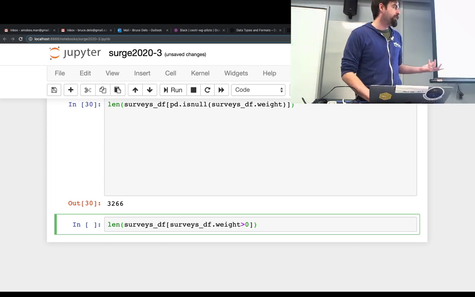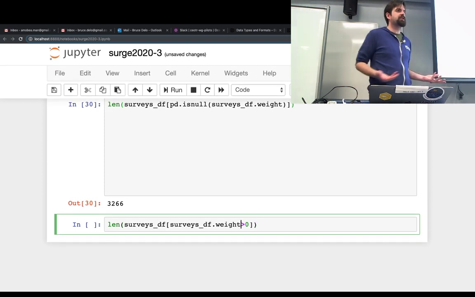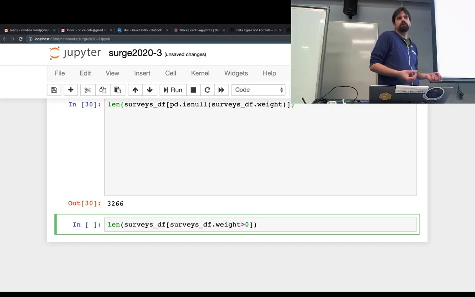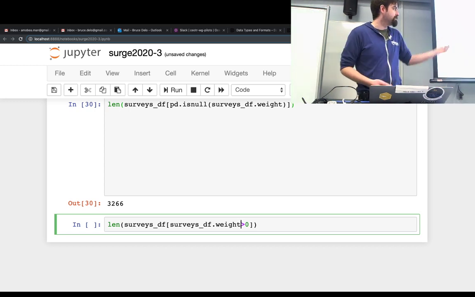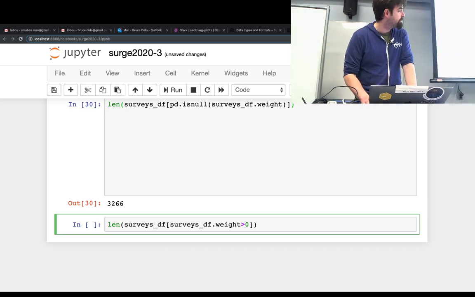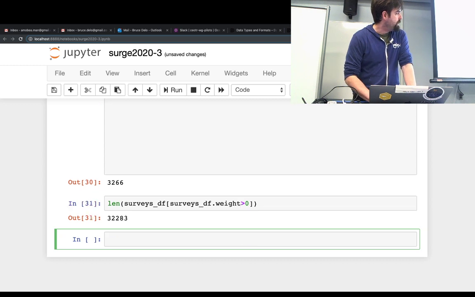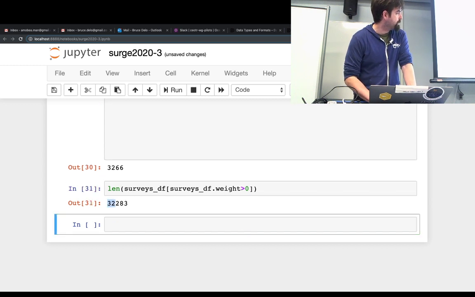The reason I bring that up is because you can imagine a circumstance in which just measuring greater than 0 wouldn't necessarily give you all of the non-null values. It works in this case because of the kind of data we're collecting. But if you were counting number of legs on your animal, and one of the species you were tracking was a worm, an animal might have 0 legs, and that wouldn't be null. But in this case, we run that, we get 32,283,